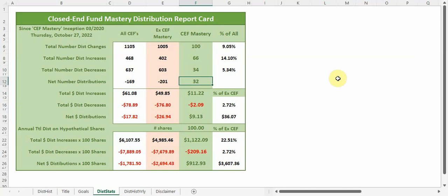For all 326 closed-end funds, there was a total of $61.08 in distribution increases. Now, this number is the distribution change amount multiplied by the number of distributions per year totaled for the 326 funds. And this is the total number of dollar distribution decreases, leaving a net for the 326 closed-end funds loss of